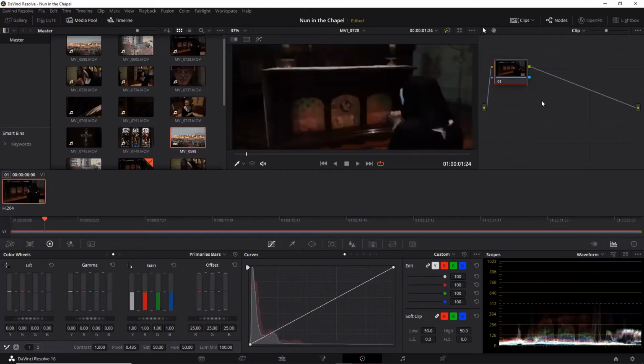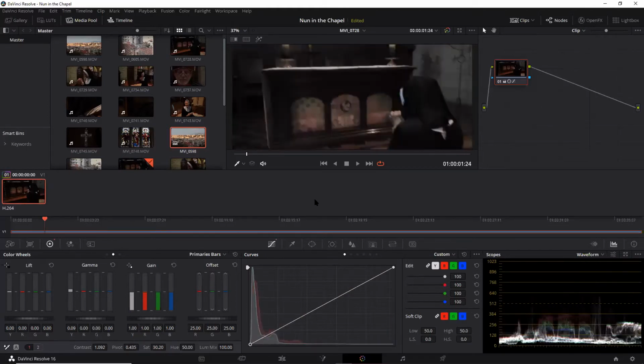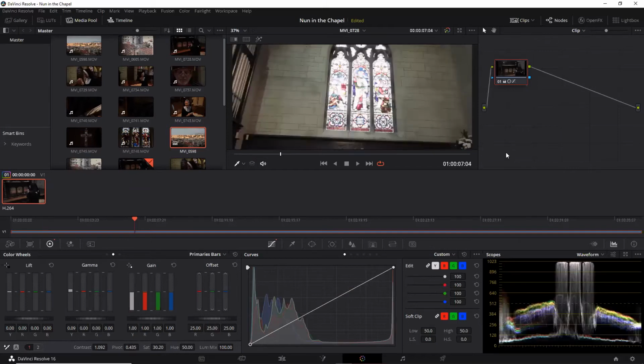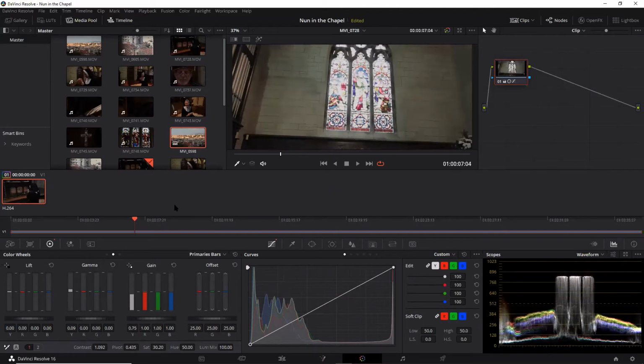So I'm going to copy and paste. So there we've just got our preset, our contrast's up, our saturation is down, we've done the gamma correction, but it's way below here, but I'm not going to change it too much because it pans across to here. So what I'm going to do is I'm going to do the gamma here, reduce the gain here where it's brightest and it's blowing out over 800, so we're going to reduce the gain there,